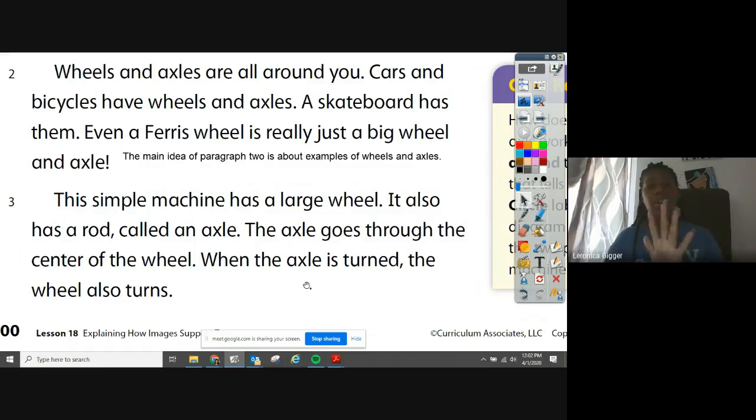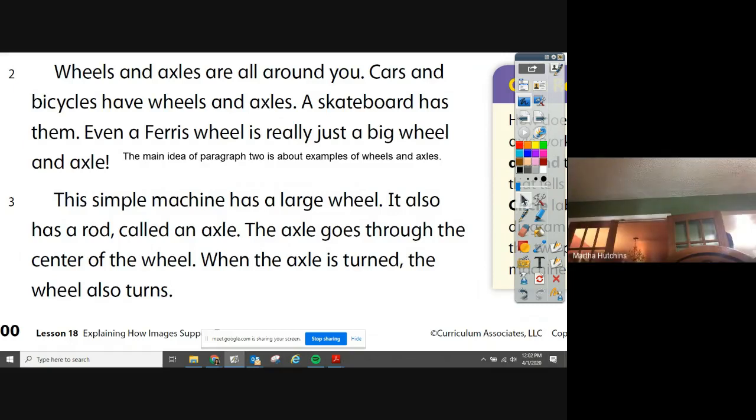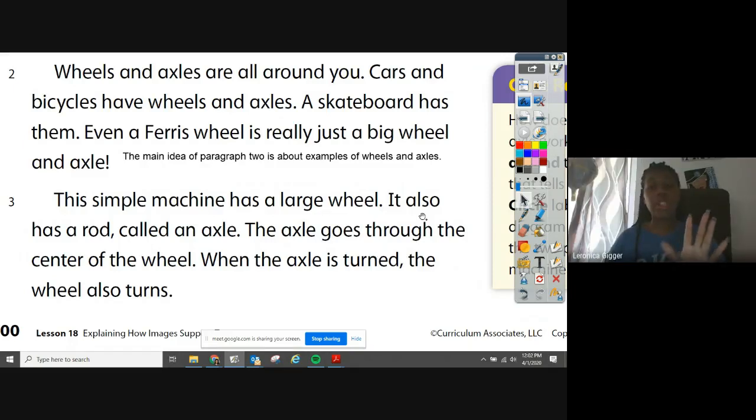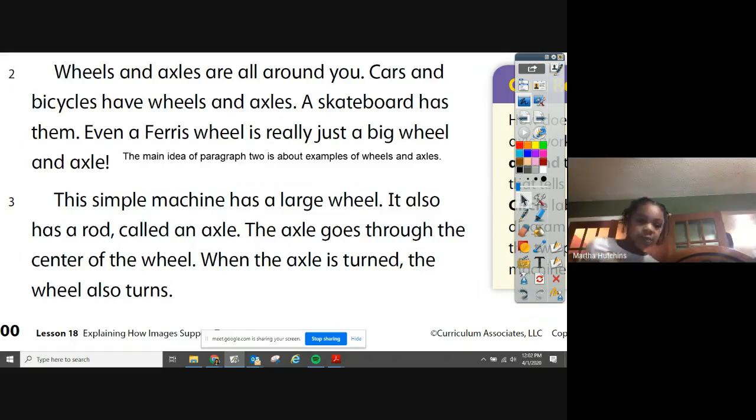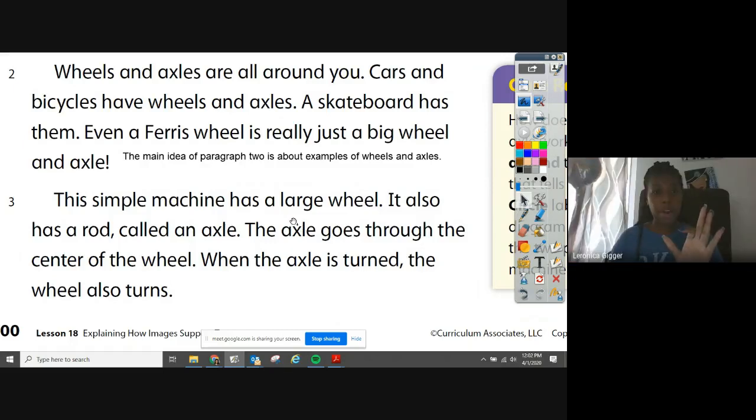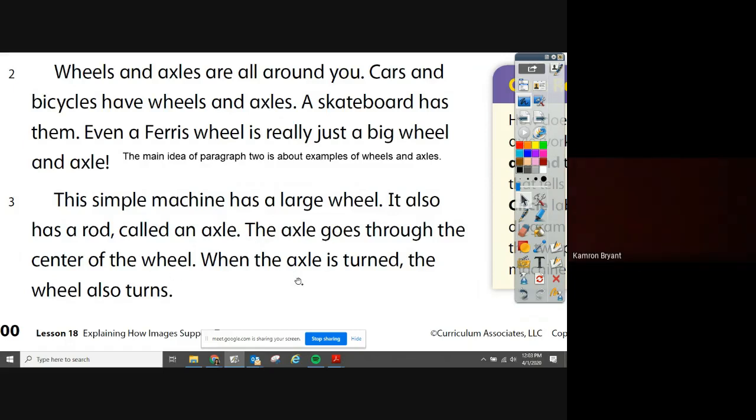Okay, so let's answer our questions. Who, what, when, where, why, right? Do we have any words that refer to who, a person? No. We do not. This time we don't have any who words. Do we have any where words? That tells me where something happens. At the Ferris wheel? We're on paragraph 3. Where do you see Ferris wheel on paragraph 3? At where the axle. The axle is